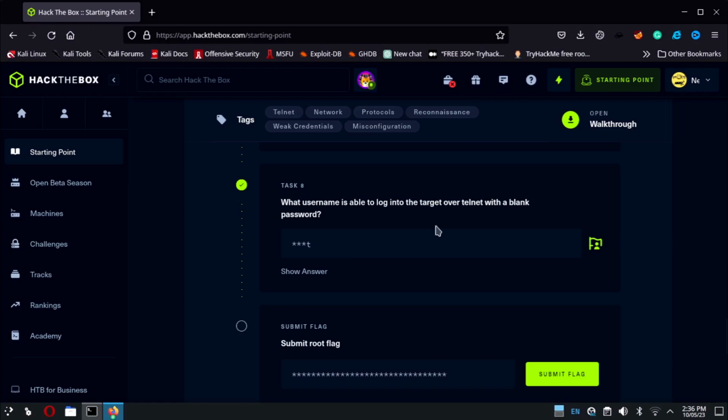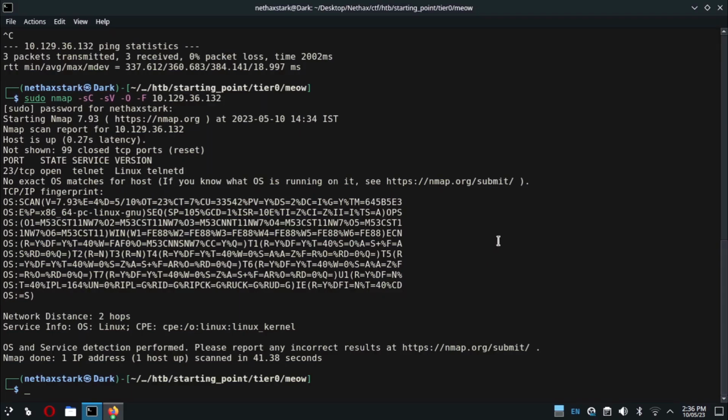So now it's saying submit root flag, and we have to connect to the telnet. So as I told you, it is used to gain a shell, okay, and it is used to communicate, okay. But the main thing is telnet is basically similar to SSH. SSH means secure shell, and here telnet is not secure, okay. So it's non-encrypted. Anyone can see what is going on if a hacker or anybody is on our network, okay. If he's on the network, then he can easily see what we are typing here and all this stuff, okay. So to connect with telnet, we're going to use telnet, then the IP address,